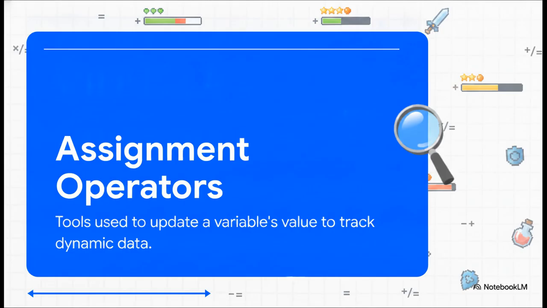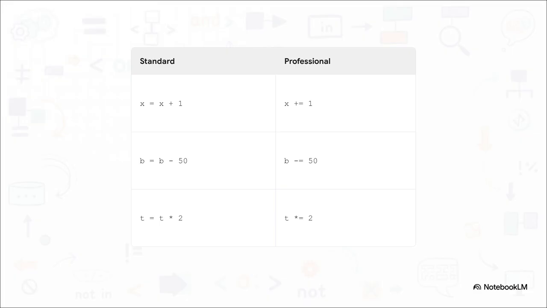Yep, an assignment operator is running. When you gather an item and your experience points accumulate, that's an assignment operator too. It is the core mechanism that allows data to change and evolve over time. Now, what's really interesting here is the contrast between the standard way a beginner might write code versus the much